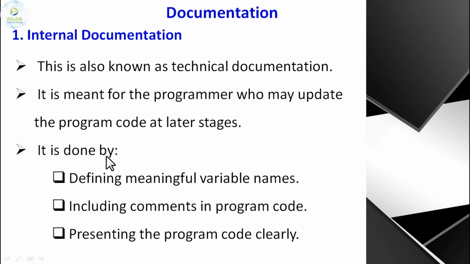When the program is written, it is done by defining the meaning of the variables or the names that we are using, what they are used for, what the name of a particular container or element stands for, and what it will be storing. It is also done by indicating comments in the programming code, like how you write comments on Facebook, your opinion, your suggestion. Similarly, a certain part of the code can be explained as to what it is for, and later when the updation stage comes, you may modify certain code easily by referring to the comments.